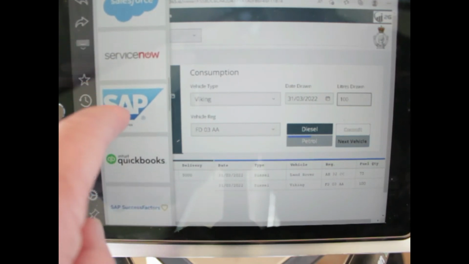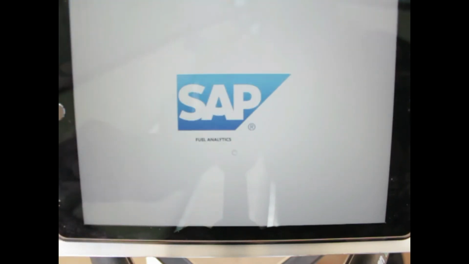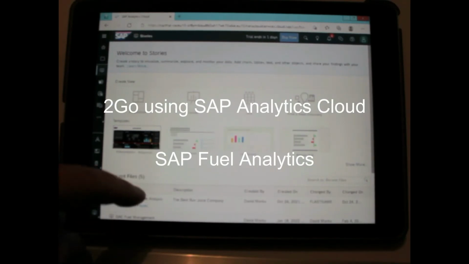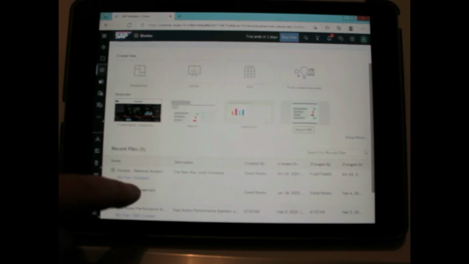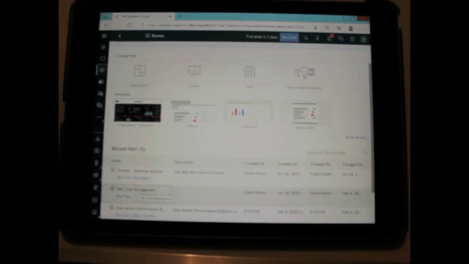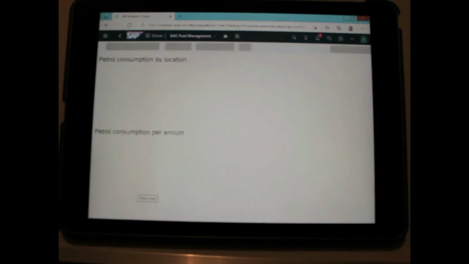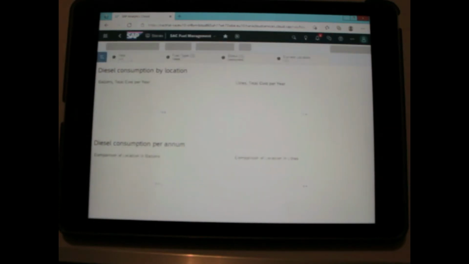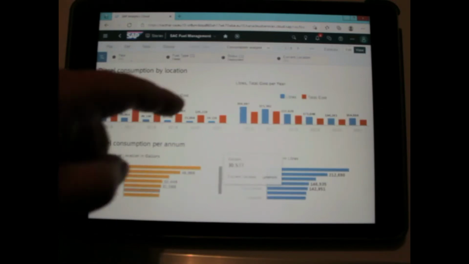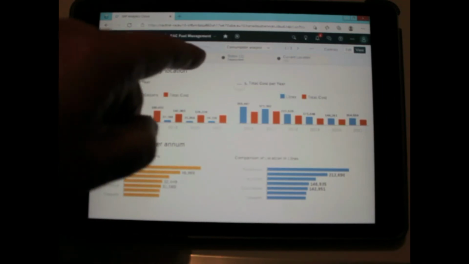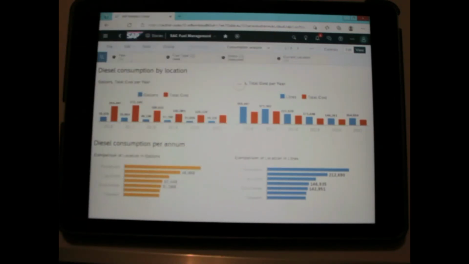And here you can find it here. The SAP Analytics Cloud. From there, we're just going to run up the SAP Fuel Management story, as it's called. But here you can start to build. I'll just draw your attention to a few things. First of all, at the top of the screen here you could see there are 4 filters to enable you